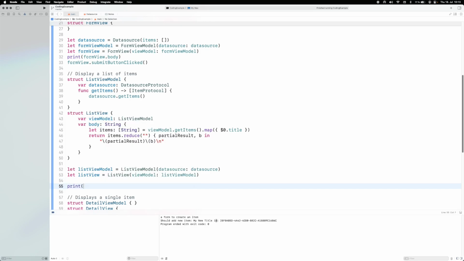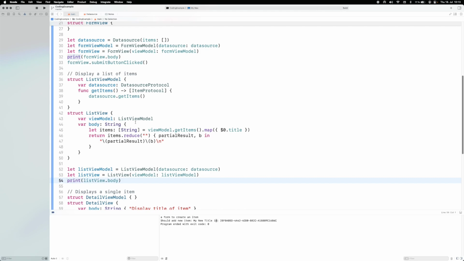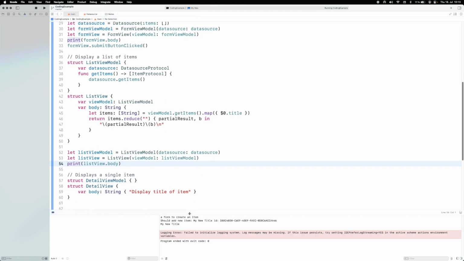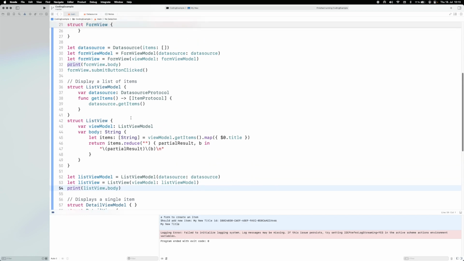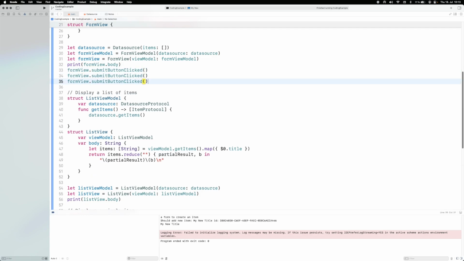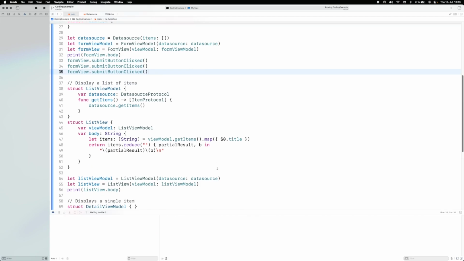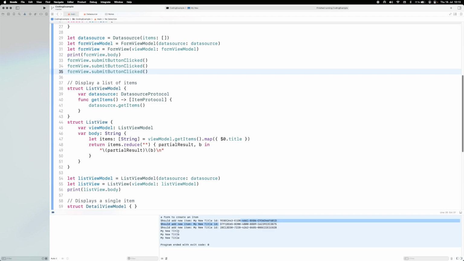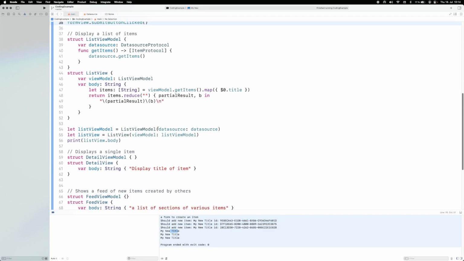And we can say print list view body, all right? Nice and simple. And when we run this once again, you can see here that it put in my new title. So if we run this a couple of times now here, so the submit button clicked, we added a new item and we put my new title, and rather than doing